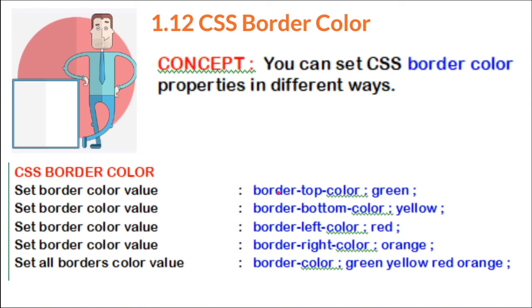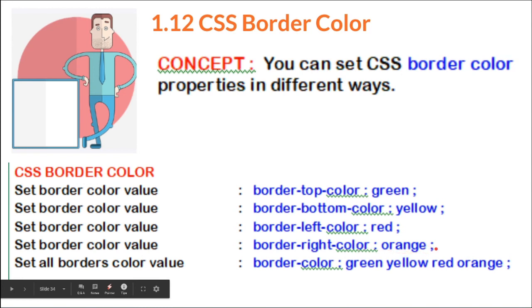So we can say border top color, set it to green. We can say border bottom color, set it to yellow. Border left color we set to red,